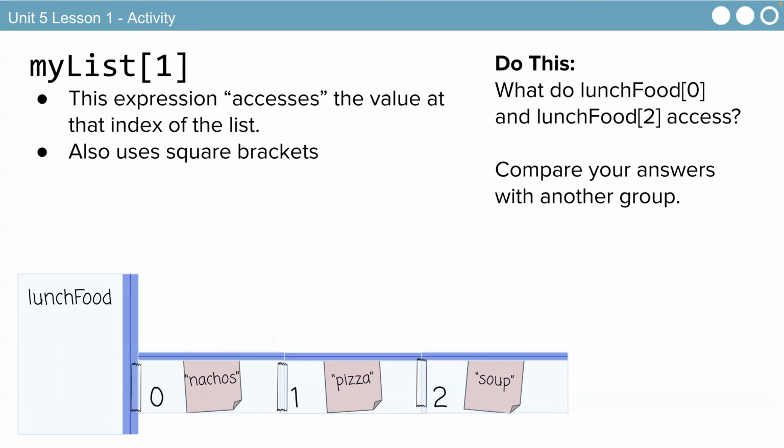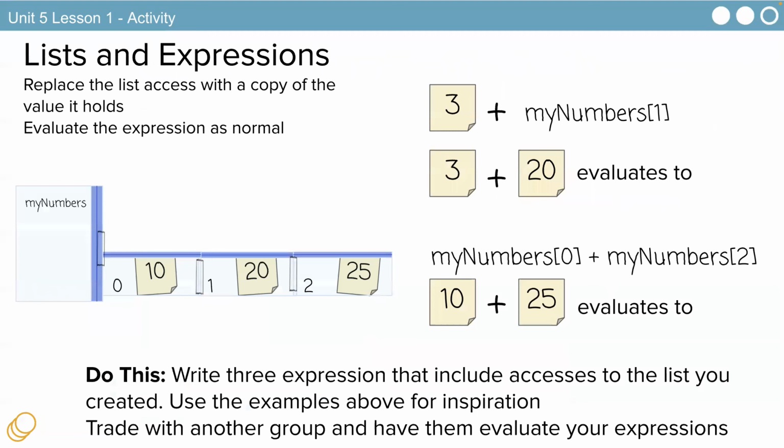So lunchFood at index 1 is the second item in the list, called pizza. Make sure you always count from 0, because that is the number one way you're going to miss questions on the test or the AP exam or in your programs. You're going to wonder why you're not getting the right answers.